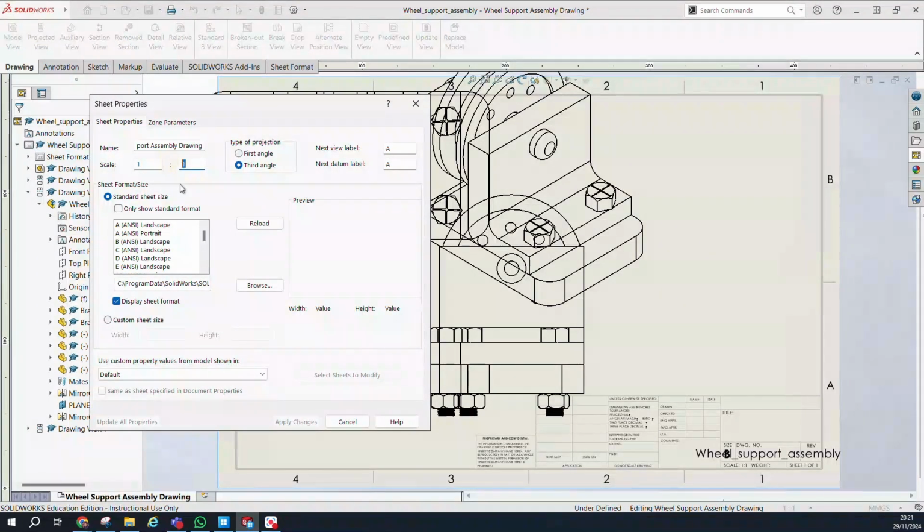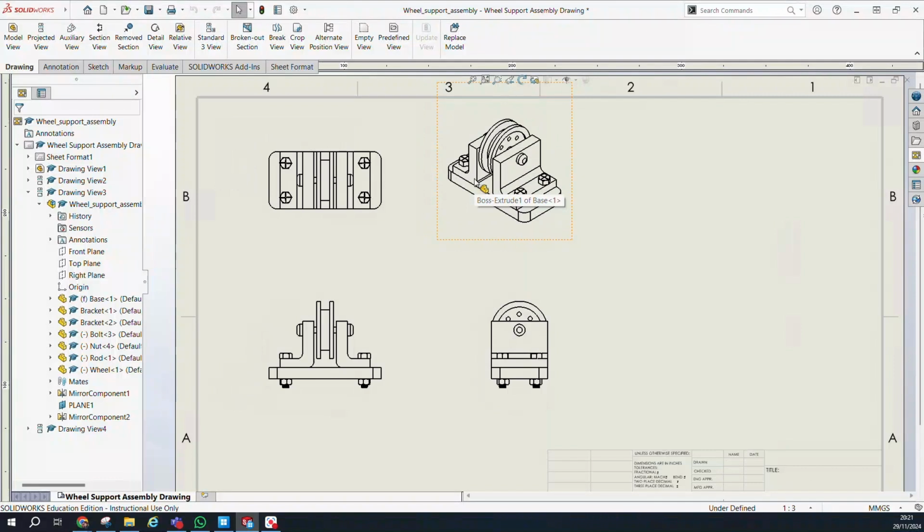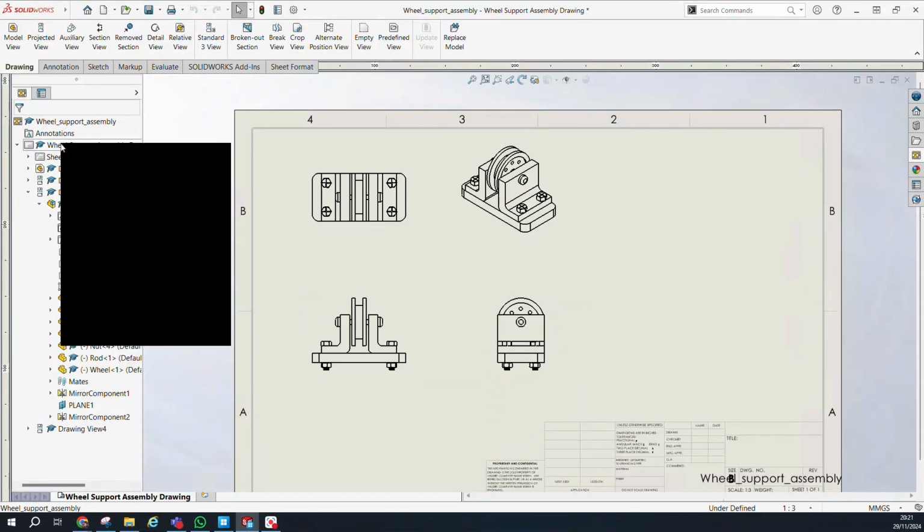Let's make it 1 times 3. 1 times 3 is 2. I think that should be fine. So let's make it 1 times 3, and then we also can do that